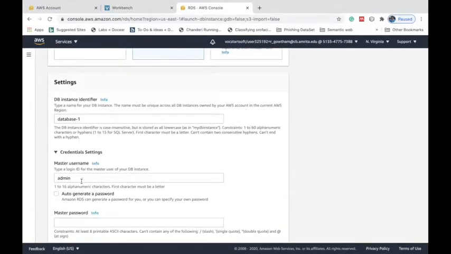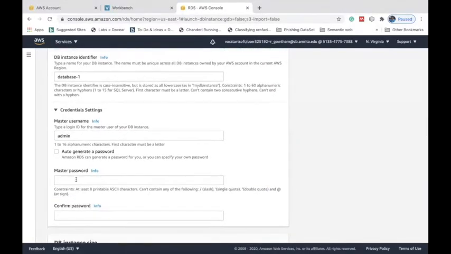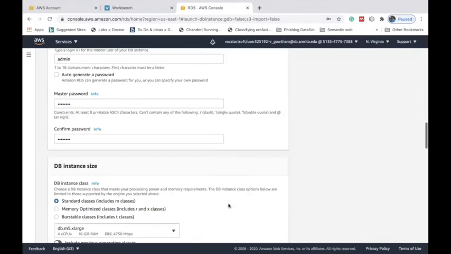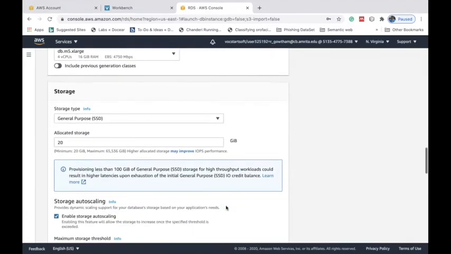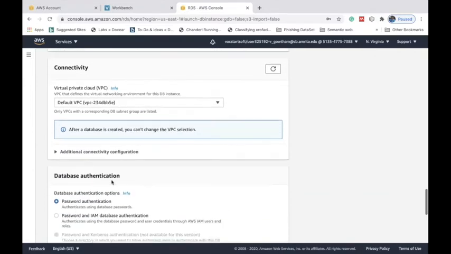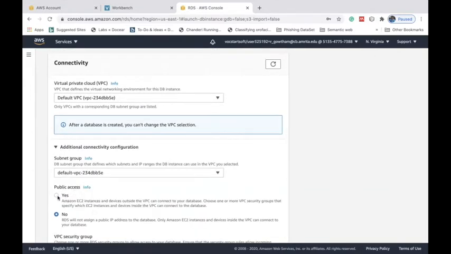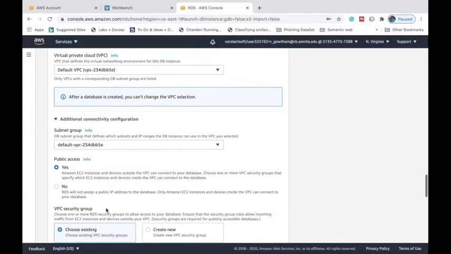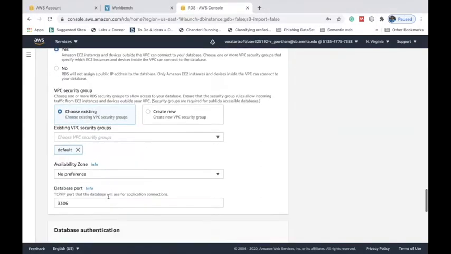I keep my database as database-1 and a master password. The remaining settings I'm going to take as default settings, except one thing: I'm going to make my database a public database. So public access is yes.